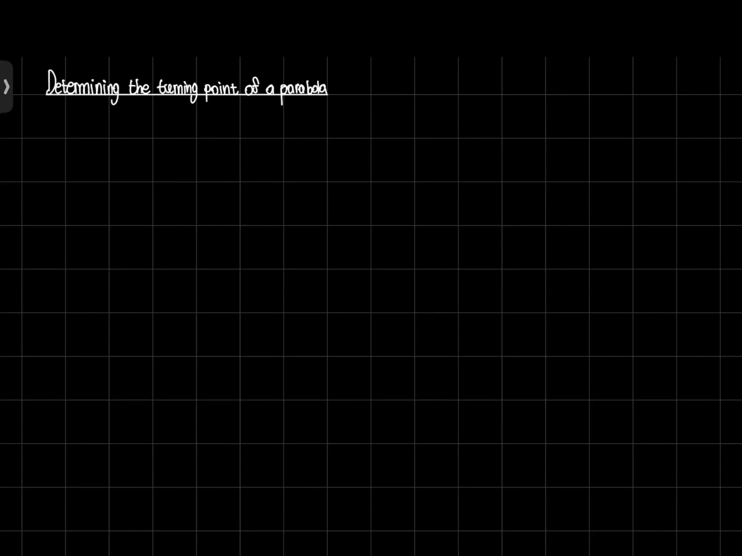Hello, today I would like to teach you how you can determine the turning point of a parabola from its completed square form. So let's say I have the equation x squared plus 4x minus 2, and I want to determine the turning point. Now, if you recall, the turning point is the maximum or minimum value this curve can reach. So if it's upward opening,